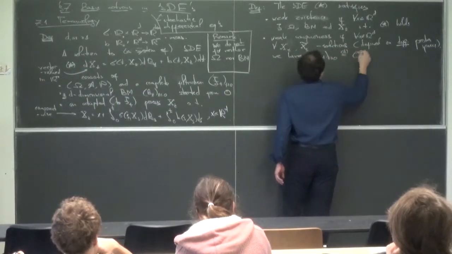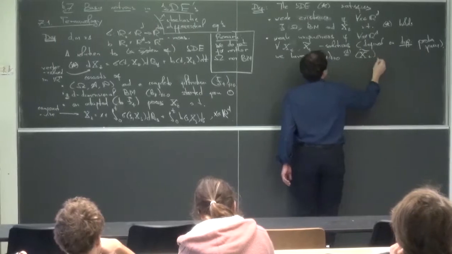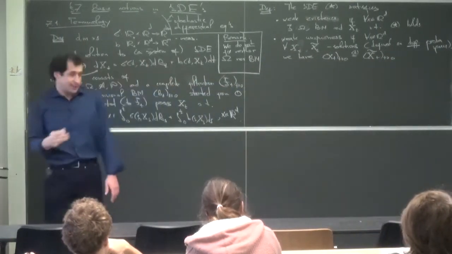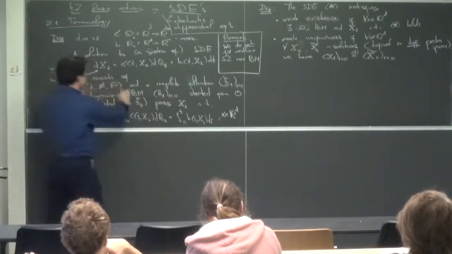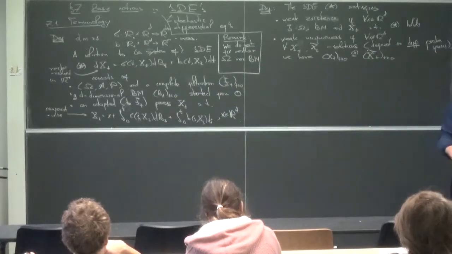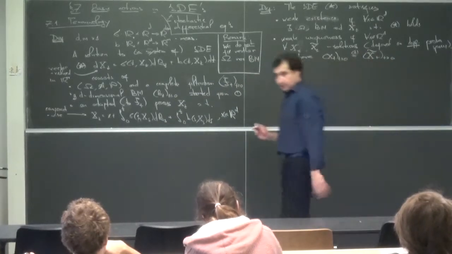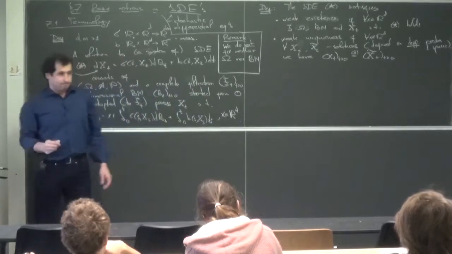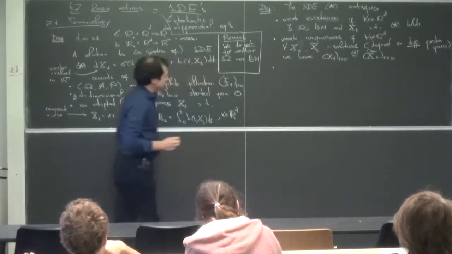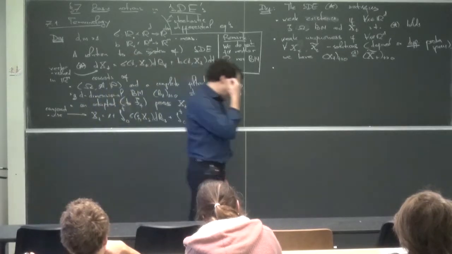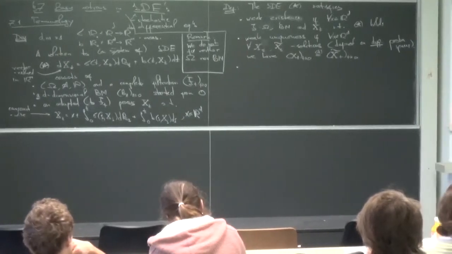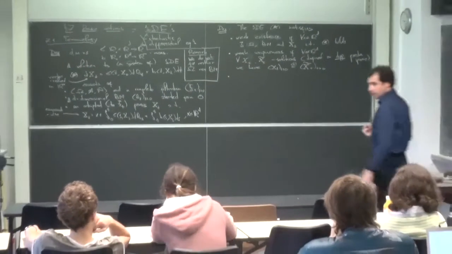Xt is the same as x tilde in law. Which basically means if I construct a solution here on this blackboard and you do another construction on that blackboard, then the law of the result is the same. But this is a bit non-constructive, so this is exactly the reason for the notion of weak existence